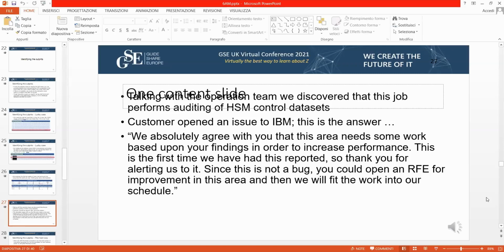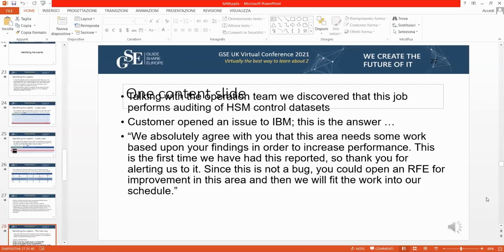This is the first time we have had this reported, so thank you for alerting us to it. Since this is not a bug, so the program is still working, you could open a request for enhancement for improvement in this area, and then we will feed the work into our schedule. So we found out the problem, we found out what it was, and this was an IBM problem. And again, this is their answer.